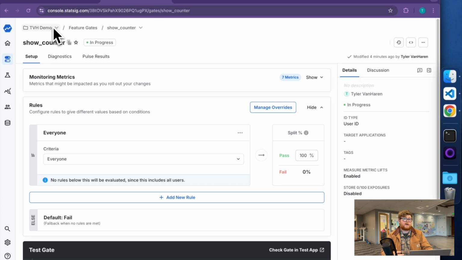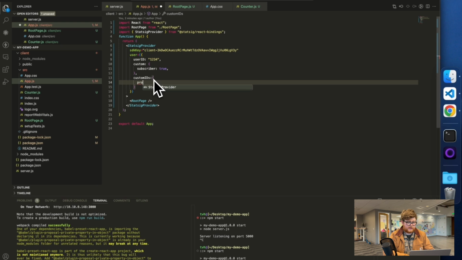If I have some logged in feature, I want to have it be consistent across experiences. I'll go ahead and use user ID. Then when I log in, I will always have the same experience. And then a lot of times for Statsig, it makes a lot of sense for us to release features based on project ID or the sort of company, so that when you look at your neighbor's screen, you're seeing the same things. So I could go ahead and add, for instance, project ID